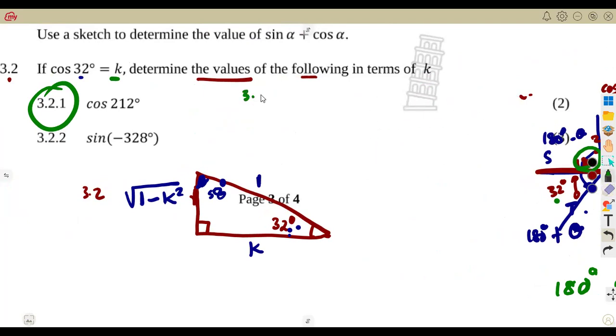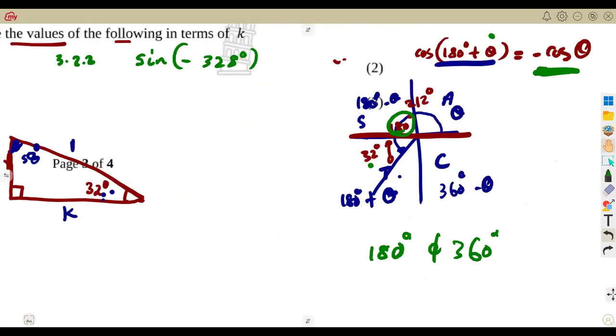Same concept on 3.22. Sine of minus 328. Once sine carries a negative, this is a negative angle. And for negative angles, we know that will be in the fourth quadrant. That's where we have minus theta. And this is the quadrant for what? For cos, not for sine. So it means it will be minus sine of this one. Minus sine